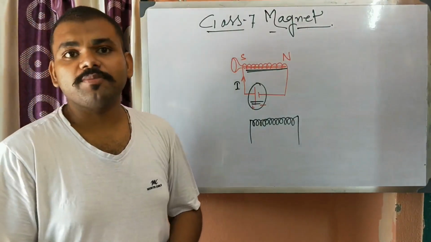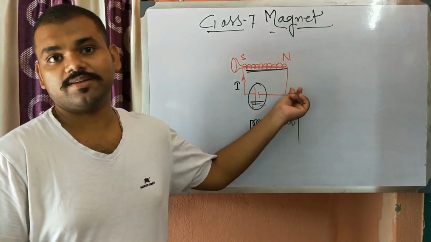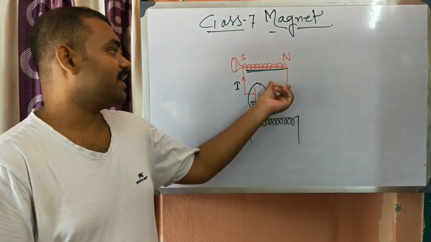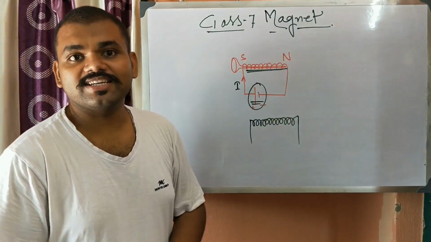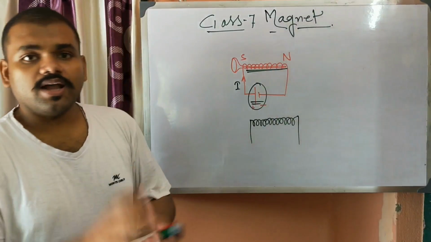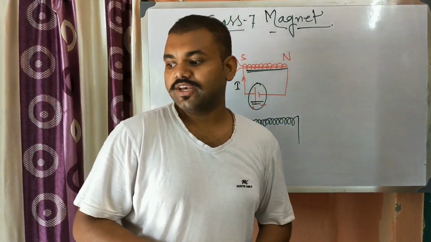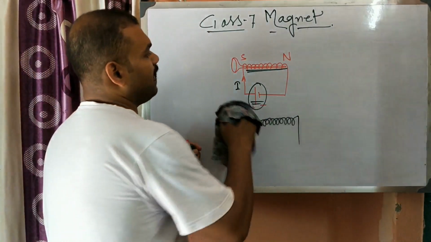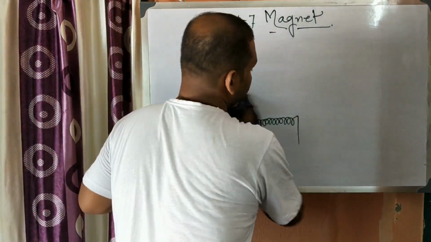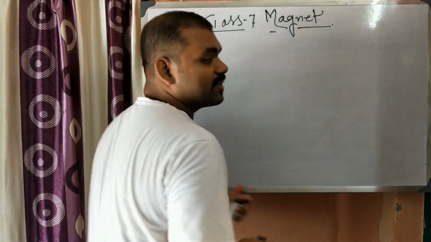Okay, so electromagnets are a different kind of magnet, in which materials are magnetized by passing electric current through them. Now we need to know about earth magnetism. What is earth magnetism? Earth has a particular magnetic field.